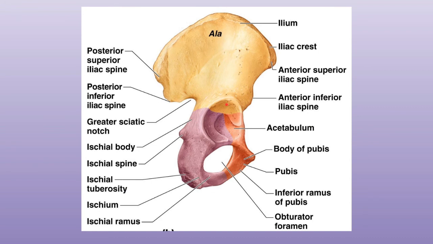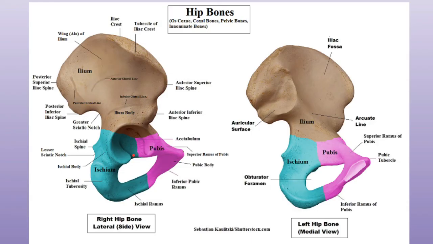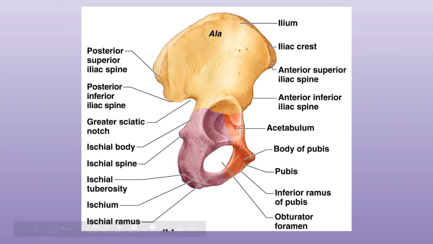Now this acetabulum is a deep cup-shaped hemispherical cavity on the lateral aspect of the hip bone about its center, and is directed laterally downwards and forwards. As you can see, the acetabulum has a margin on its sides and on the superior part, but on the inferior part, the margin is deficient. This deficiency is known as the acetabular notch, and this is bridged by the transverse ligament. Over here there is a non-articular roughened floor of the acetabulum known as the acetabular fossa, and this fossa contains a mass of fat which is lined by the synovial membrane.